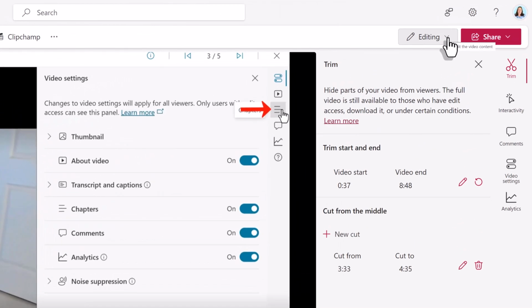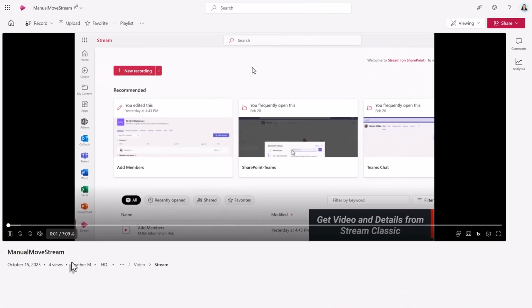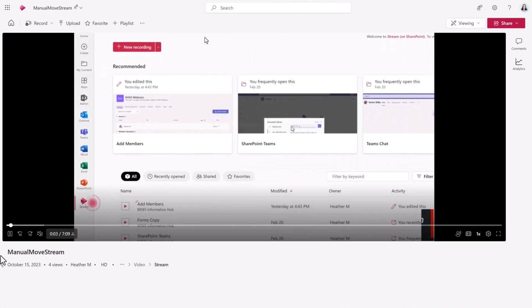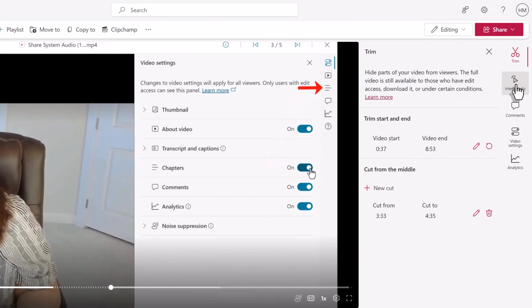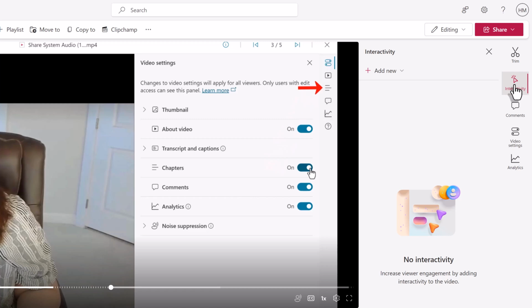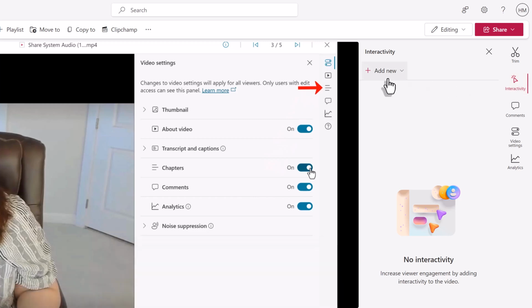the edits. If you go to the upper right-hand corner and click the drop-down next to editing, you can switch it to viewing mode to get an idea of what your end users will see when the video plays. I've jumped back to editing mode so that we can look at the interactivity feature to make our videos more engaging. On the right-hand side in the navigation menu, click the second button for interactivity, and then a pane will